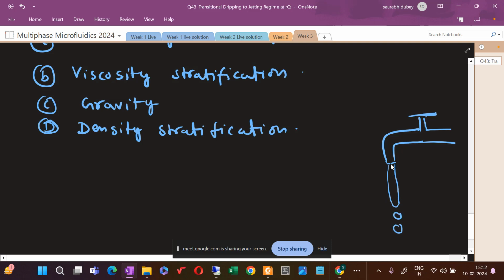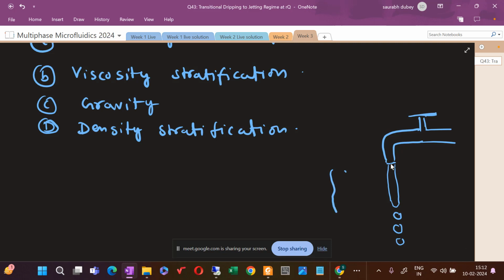So small droplets form, and this happens because this interface of the fluid, for example water, gets undulated because of the Laplace pressure gradient at the interface of the water and the air,